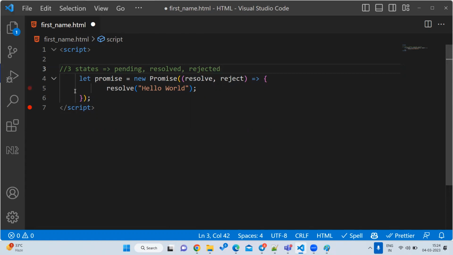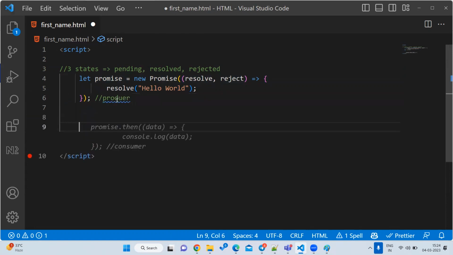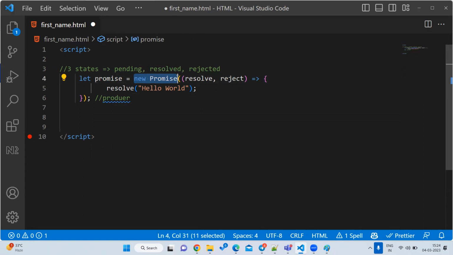Okay, so whatever code we have written is nothing but producing code. Mainly two parts will be there, right? One is the producer code, another is the consumer code. So here what have we written? We have written a new promise and we are taking one function. That function takes how many arguments? Two arguments, resolve and reject. And this is nothing but a callback. Do you remember callback? This argument is nothing but a callback. That is the reason we are calling resolve of bracket, something like this.